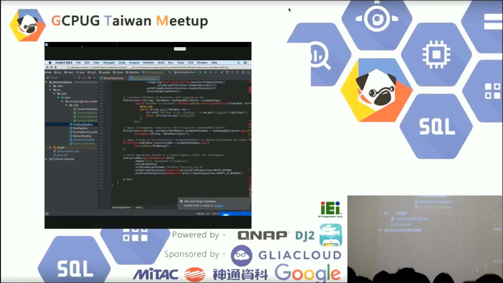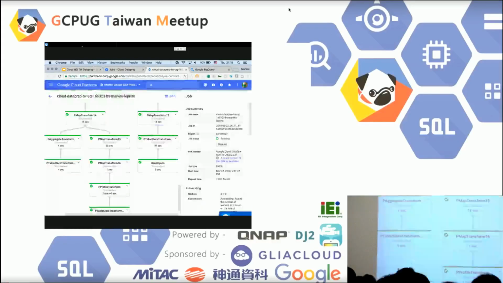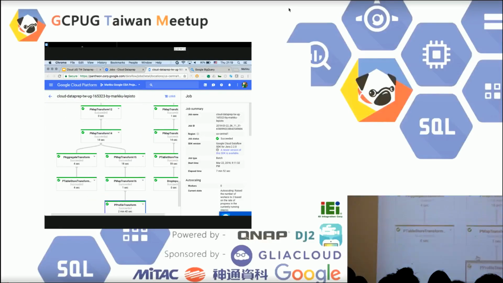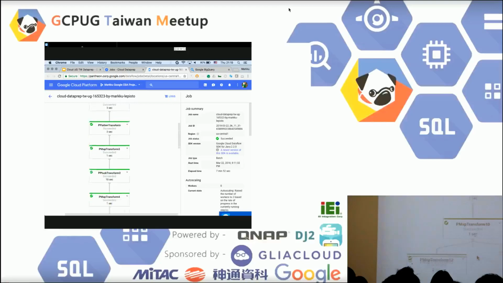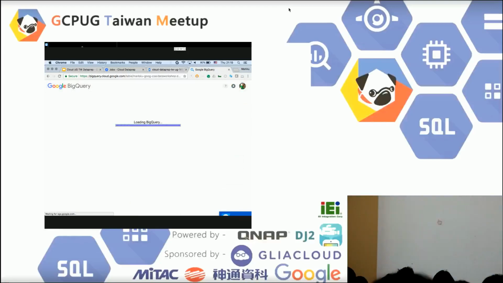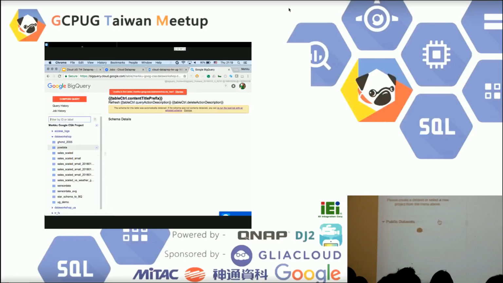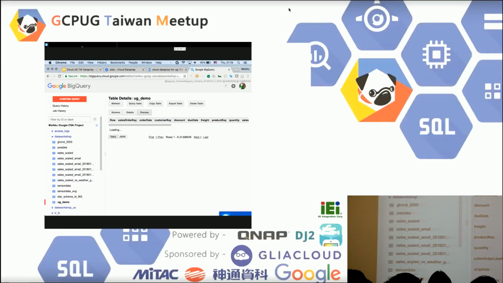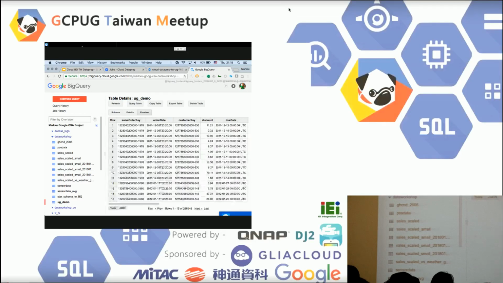Let's see again, has it finished? Give me a second. Yes, now there's a green tick mark everywhere. I think Dataflow is done. Now when we go to BigQuery and refresh, there should be a user group demo table in BigQuery. This is what Dataprep and Dataflow wrote for us. That's the schema. And if you look at the preview of the data in this table, we can